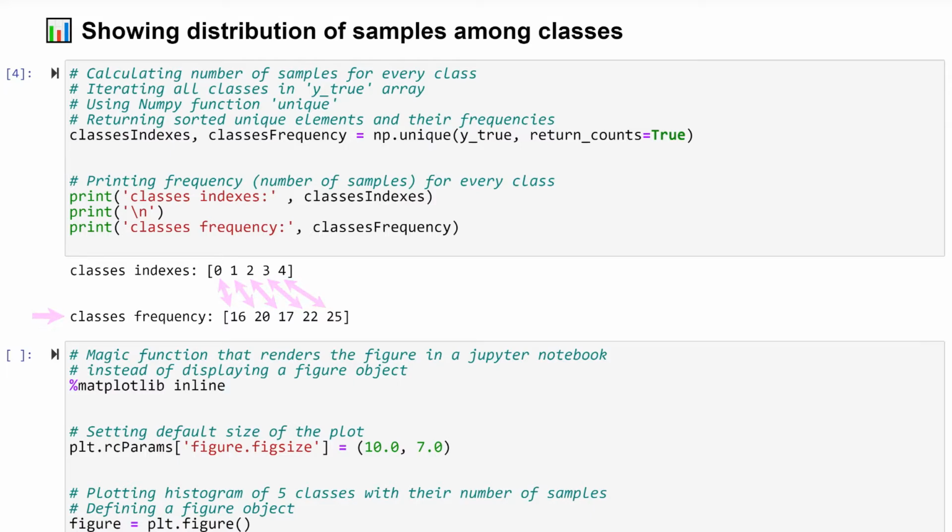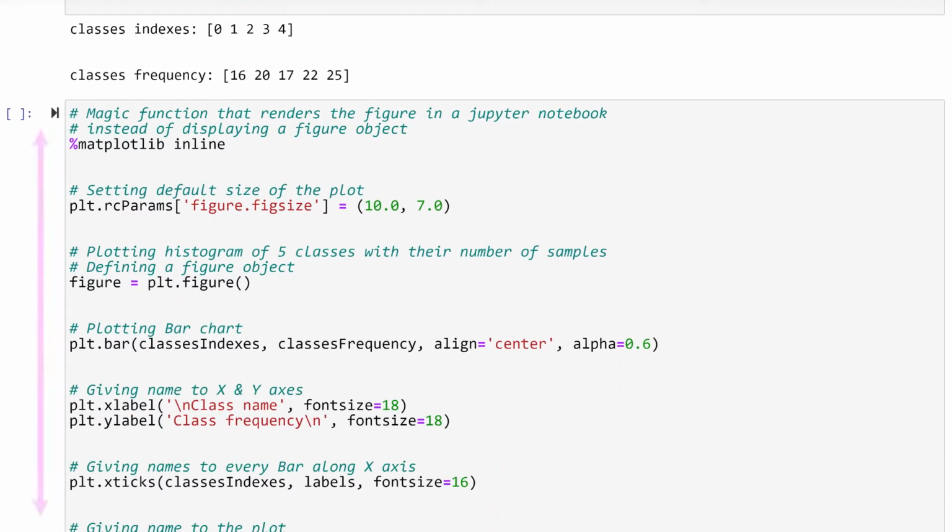Okay, let's continue. In this cell, we plot histogram to show distribution of samples among classes. Here we define default size of the plot, figure object, and plot bar chart by plt.bar function. As first argument, we pass sequence of scalars that are coordinates for every bar along x-axis. In our case, it is numbers from 0 to 4.